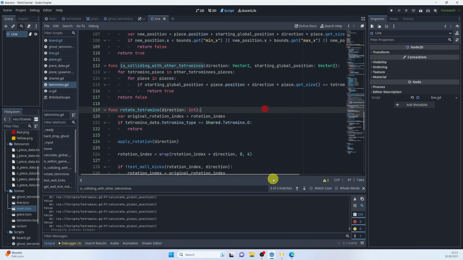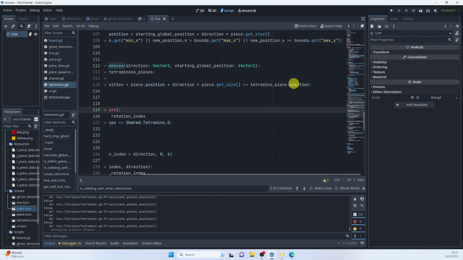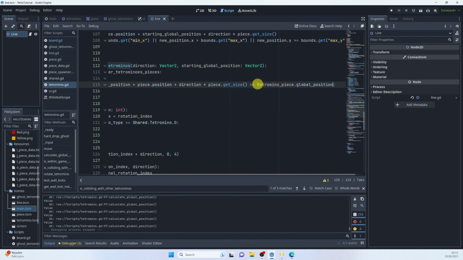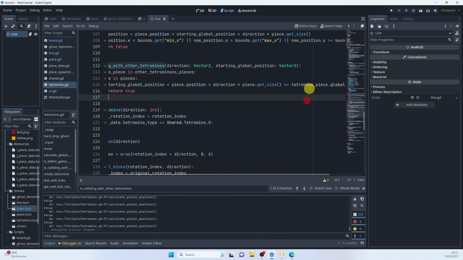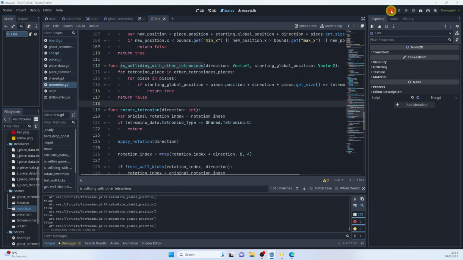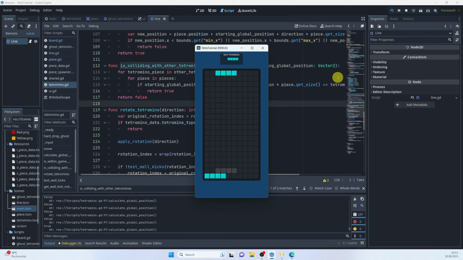Oh, I know where we have a mistake that prevents us from calculating the collision property. It should be global position, of course. So here, in is colliding with other tetrominos, at the end the tetromino piece should use global position for that comparison. Let's try this now, and you can see that not only our ghost and hard drop are working properly,